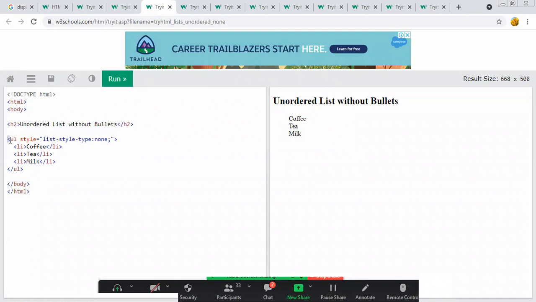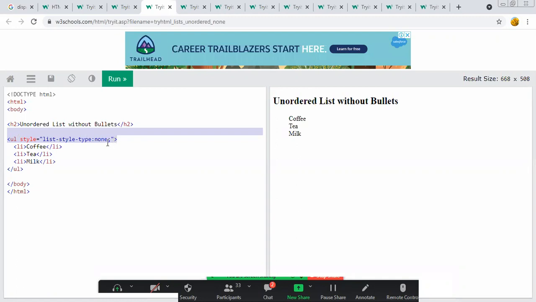The opening of the unordered list, space style equal to double quotes list-style-type colon none, meaning we do not assign any bullet to that list.